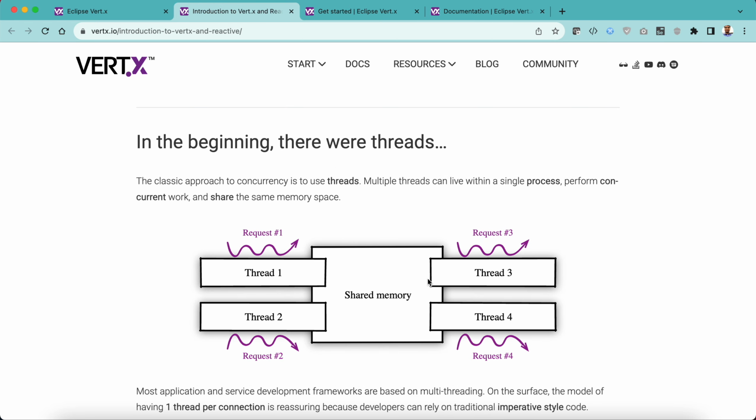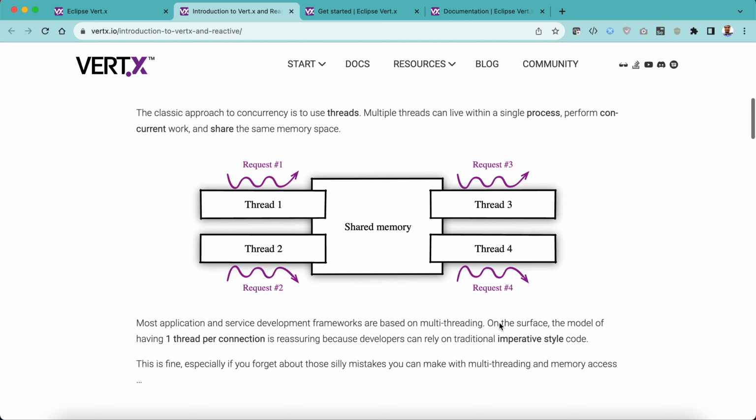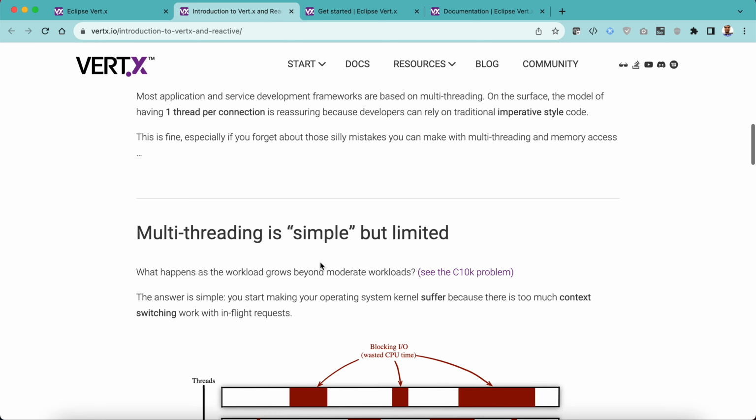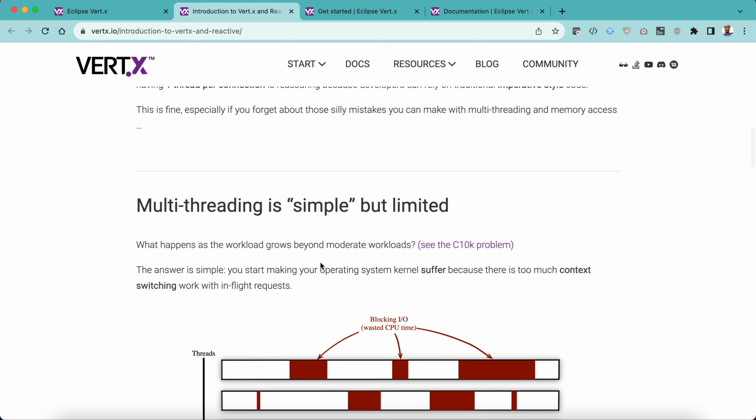If you take the traditional way of implementation, we used to have shared memory in the past, and the shared memory is used by thread 1, thread 2, thread 3, thread 4 to perform different actions. So this is the beginning. We used to build applications this way, and after that, if we want to do something with